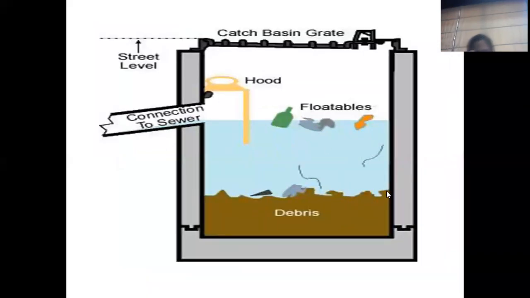Okay, see here, a hood has been generated this way. I told you different types of structures you can design. It depends upon what type of structure you want to build to achieve your objective. Debris particles are to be separated and not allowed to enter the sewer line, because they consume very valuable space in the sewer line.